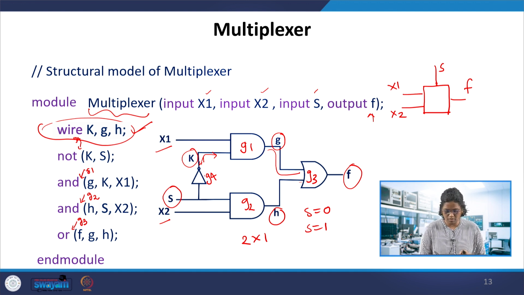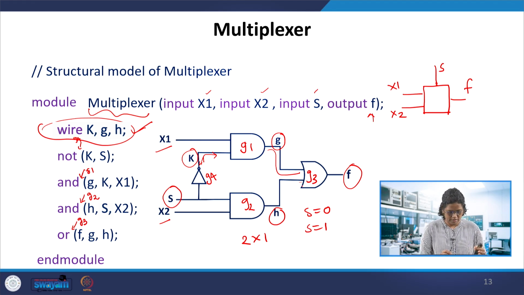In between the hardware elements, the wires are connected. So in structural modeling, these are the physical connections, the connectivity between these two hardware elements. So K needs to be defined, and similarly G and H, between G1 and G3 and G2 and G3.